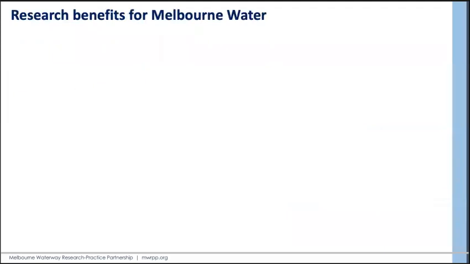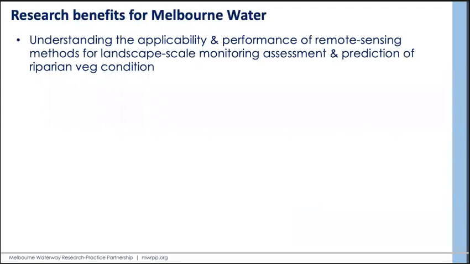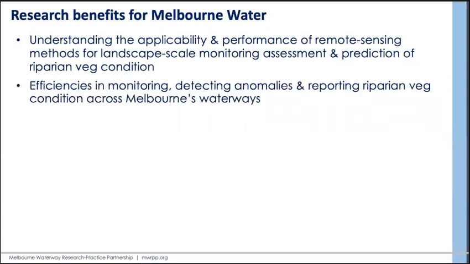So the research benefits of this project for Melbourne Water are understanding the applicability and performance of remote sensing methods for landscape scale monitoring and prediction of riparian vegetation condition, efficiencies in monitoring, detecting anomalies, and reporting riparian vegetation condition across Melbourne's waterways,